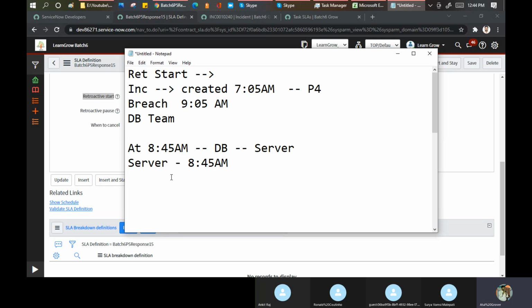How much breach time is left now? 20 minutes. Correct? Right. The server team says when you take 1 hour 45 minutes, I also need the same time. I also need time to investigate, correct?